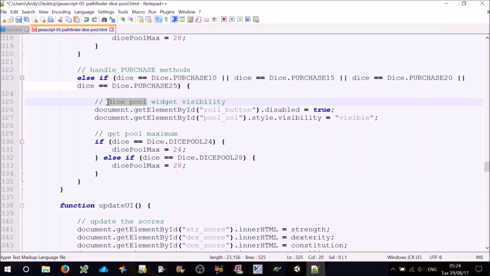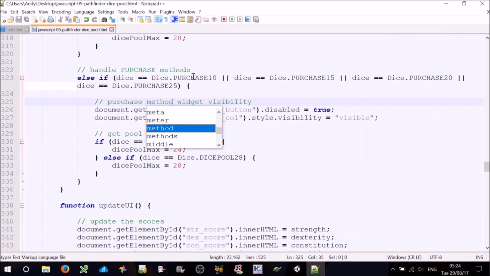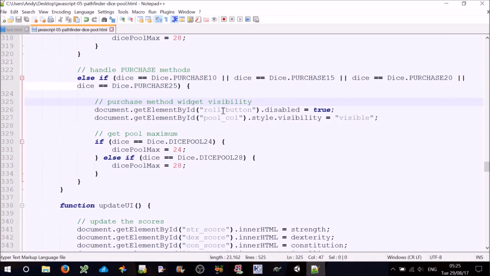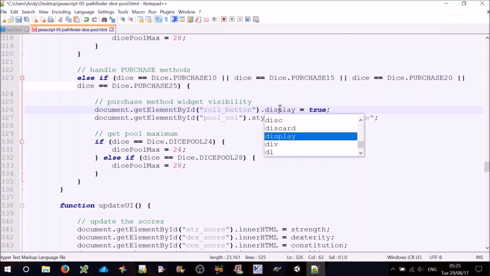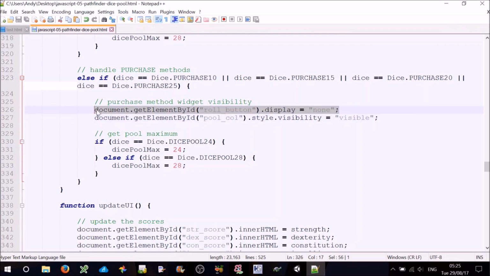Okay, so purchase method widget visibility. So what do we want to do? Now, I mentioned we don't want to see that roll button, do we? Because there's no need to roll in this. So let's hide that or get rid of it completely. So roll button, we want to set its display to none. Right? Now because we've set that to, we've completely hidden it there,